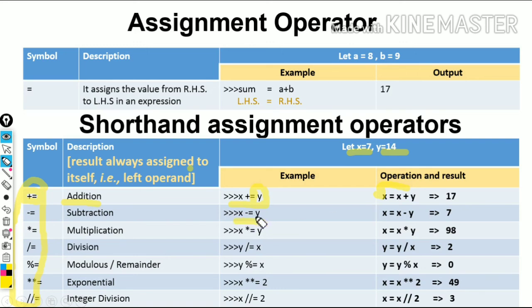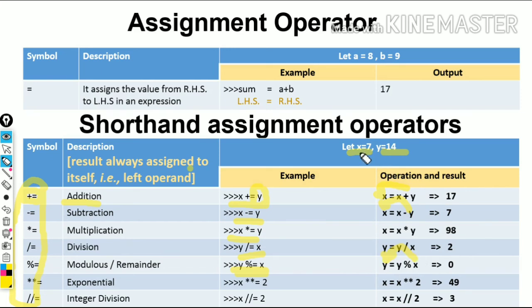In the next example, similarly, x minus equal to y, x will operate with y, x minus y, and the result will be stored in x itself. In the same manner, the operation will be performed with the left hand side variable and the right hand side expression. In the modulo division case, y modulus equal to x, y will be modulo divided by x and the result will be stored in y because y is written on the left hand side.